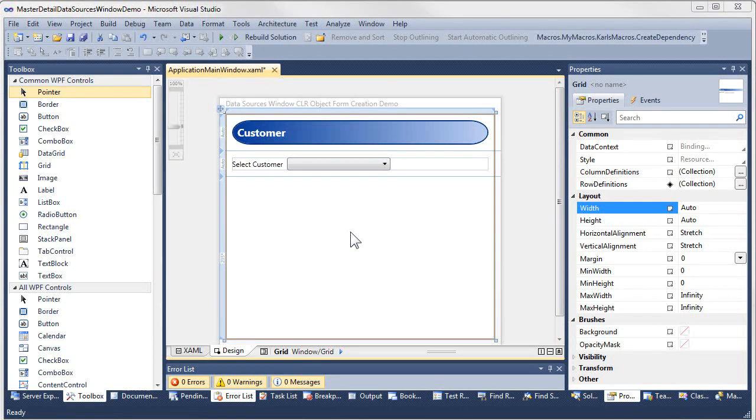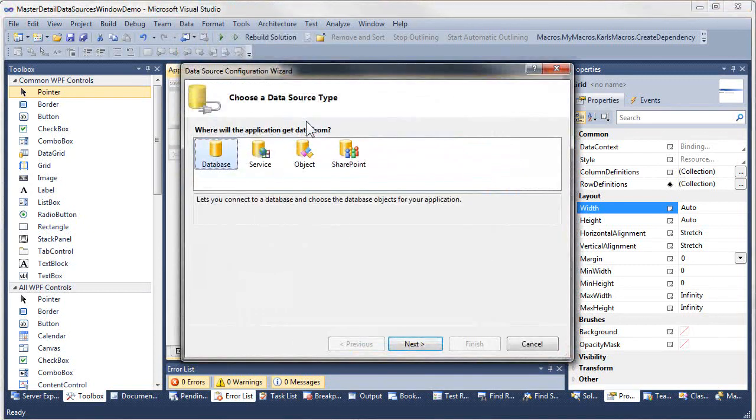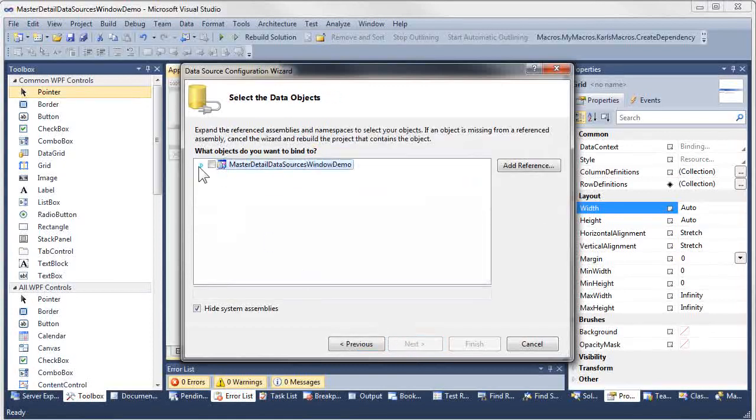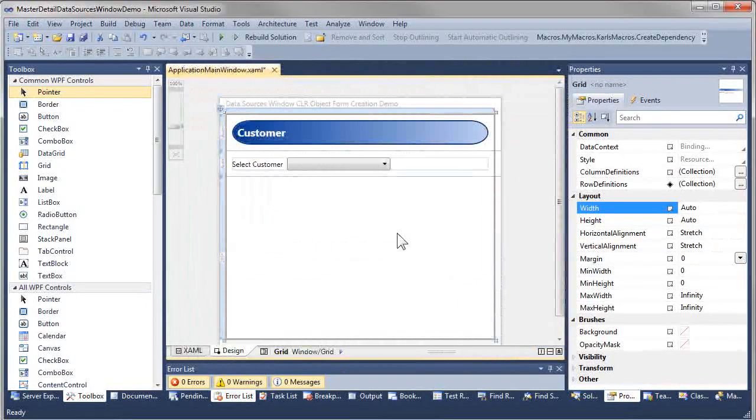Alright, so what we're going to do now is go ahead and wire up or set up our data source. So in order to see our data source, we're going to go to the data menu, click on add new data source, and we're going to select object and next. And now we just need to drill down to our particular screen. Now one thing I forgot to tell you, so I'm going to click cancel, is